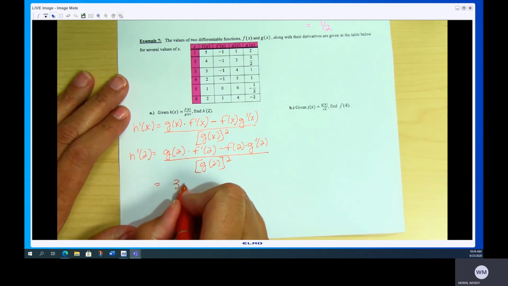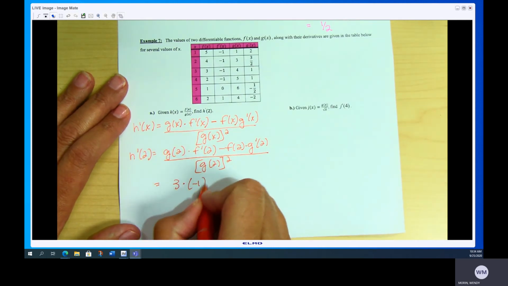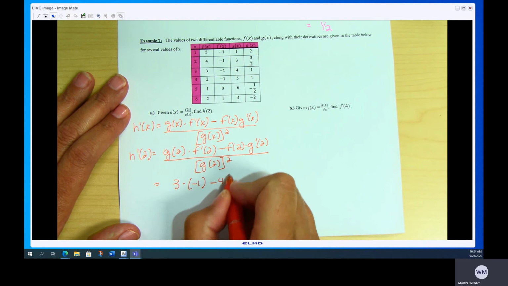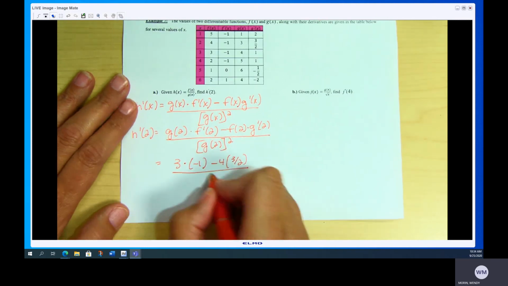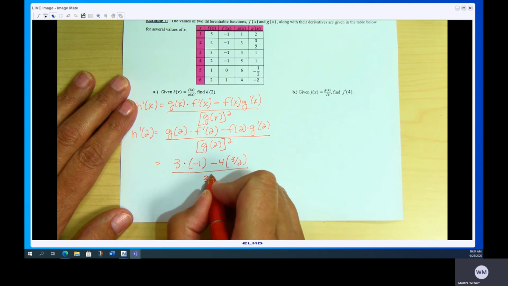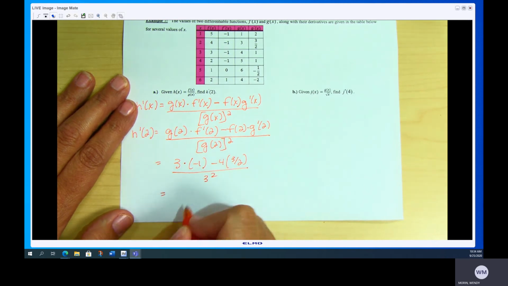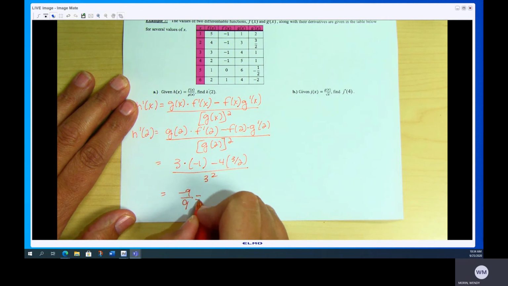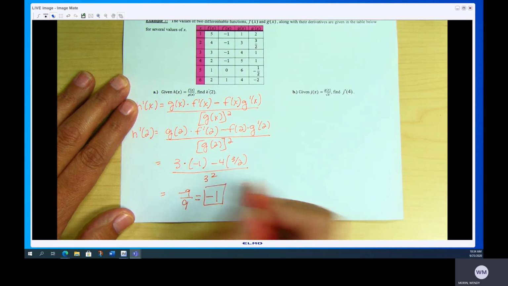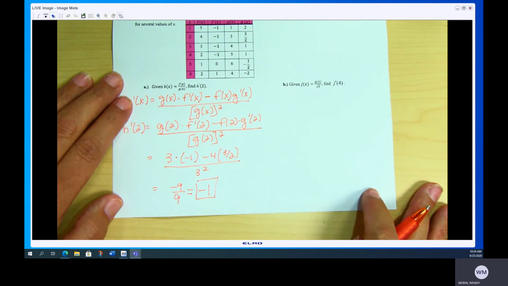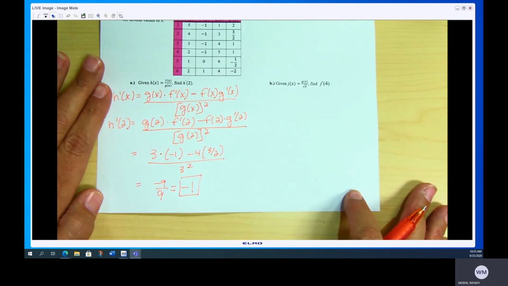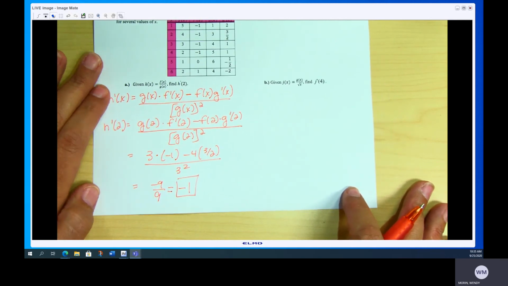So that is 3 times the -1 minus 4 times 3/2 divided by 3 squared, which reduces to -9 over 9, which is equal to -1. Got -1, good job. If not, check your numbers, check your formula. Okay, on B,